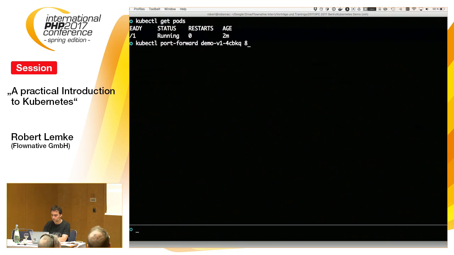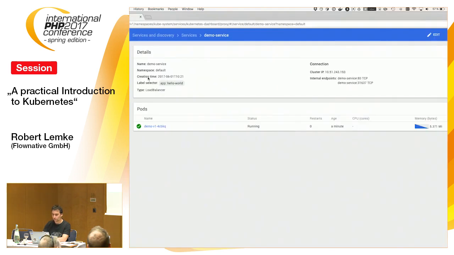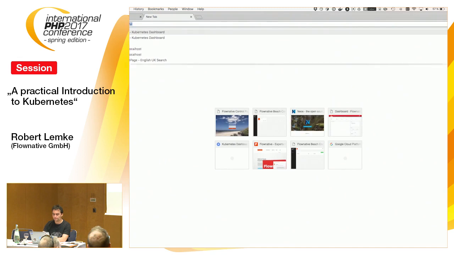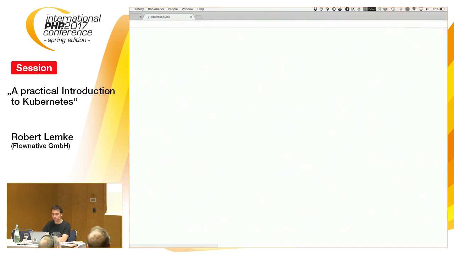And so I say 8090, that will be my machine here, to the container port 8080. So it's now doing that. So when I access port 8090, I see my incredible index PHP now.